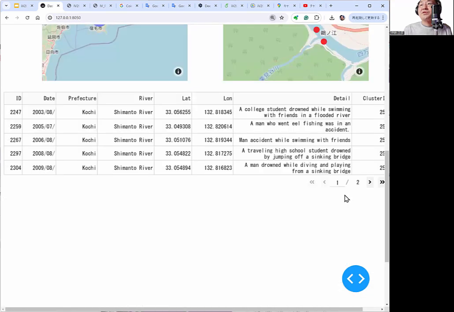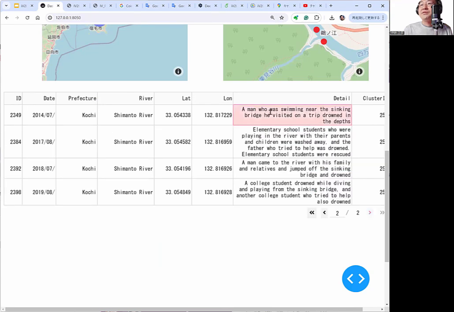Fishing, jumping off bridge, diving from bridge, sinking, and jump off bridge, diving from bridge.